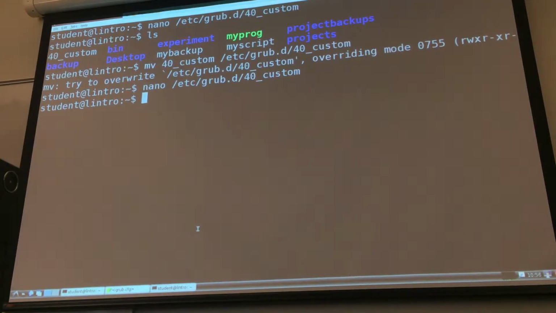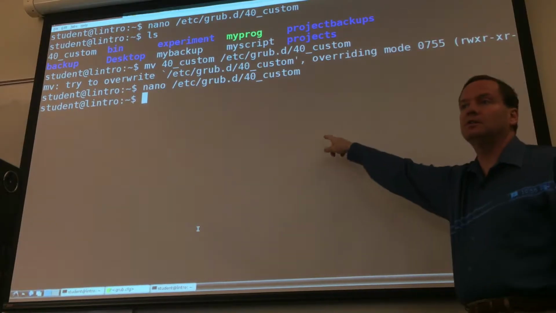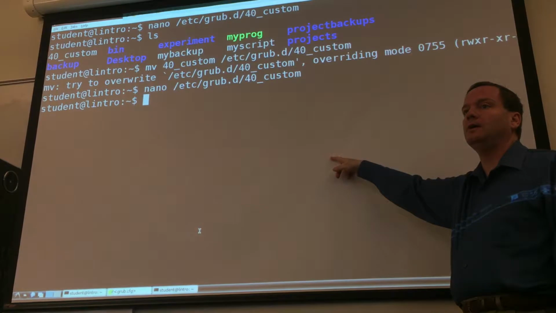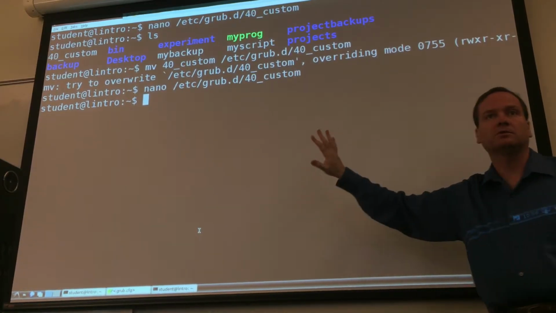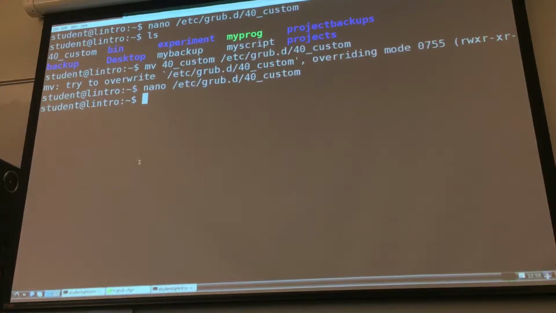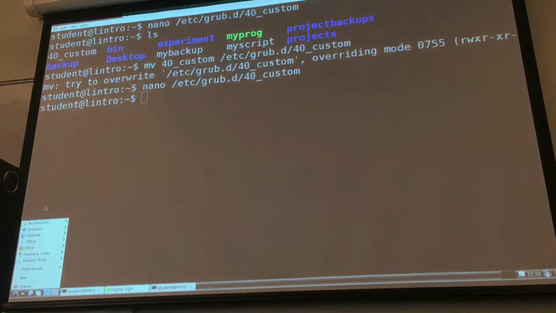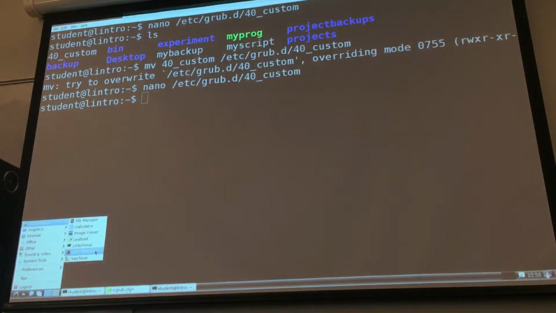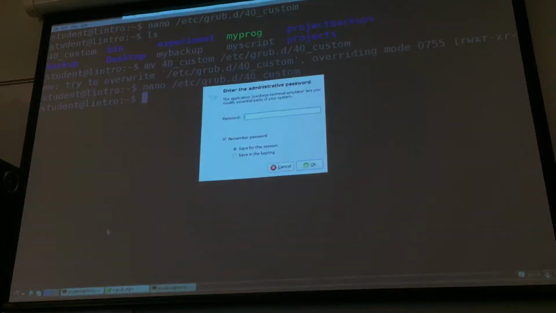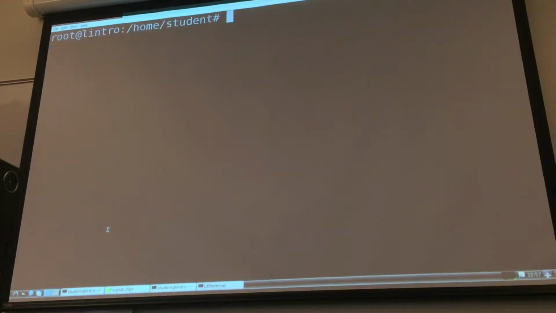One is I could go into a root terminal rather than going in this LX terminal, and I would then have permissions. Should I show you how to do it that way? Or do you want to show it getting permissions? Or do you care? Having this great look of, I don't care. So we'll do the root terminal. So we'll do accessories, and this time I'll choose root terminal. Open it up, hit the password. Okay. Now when I do that same move command,